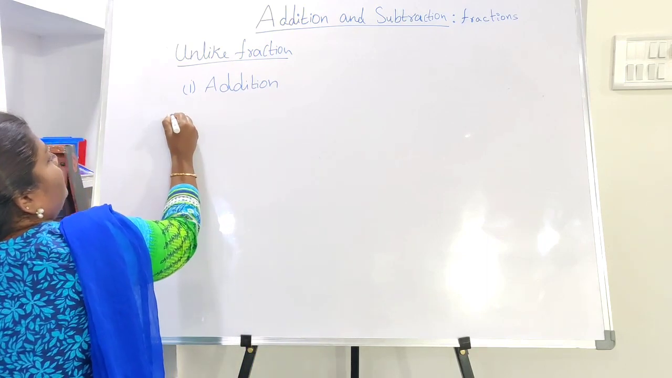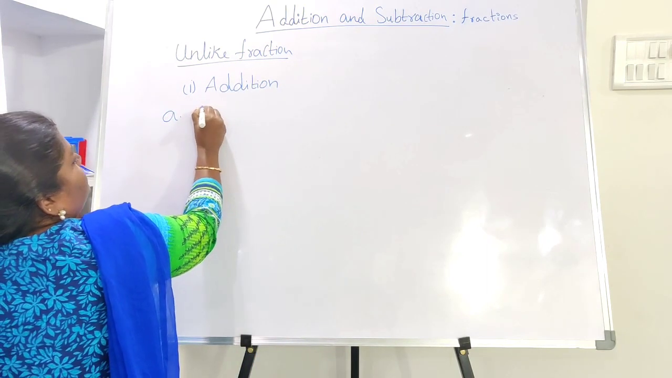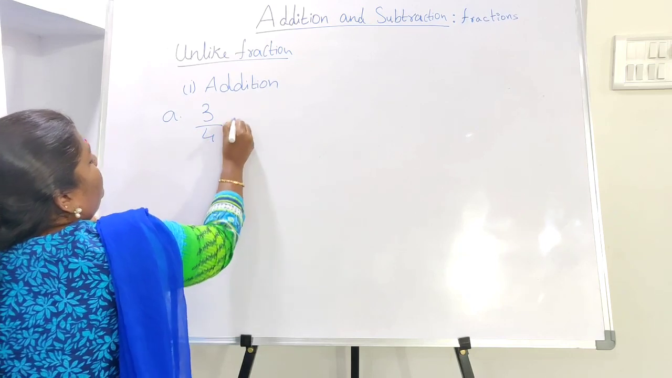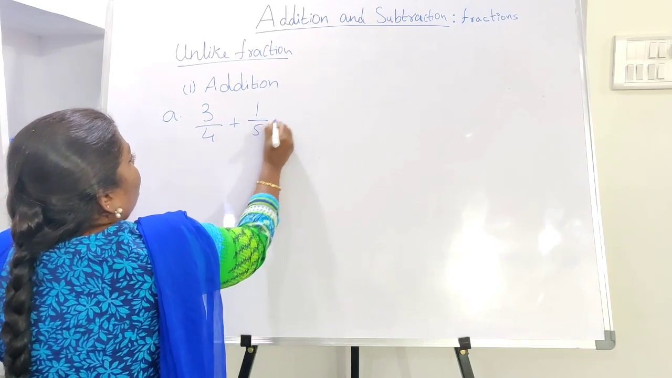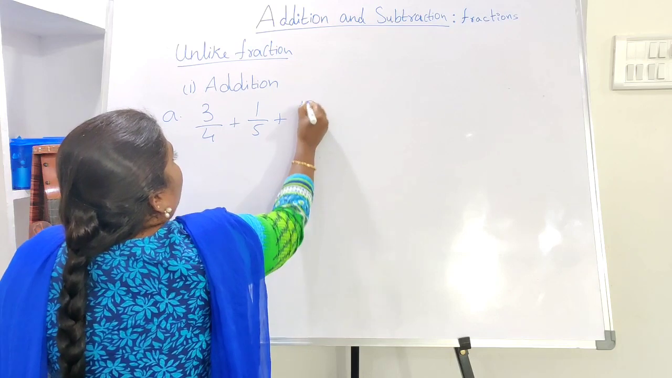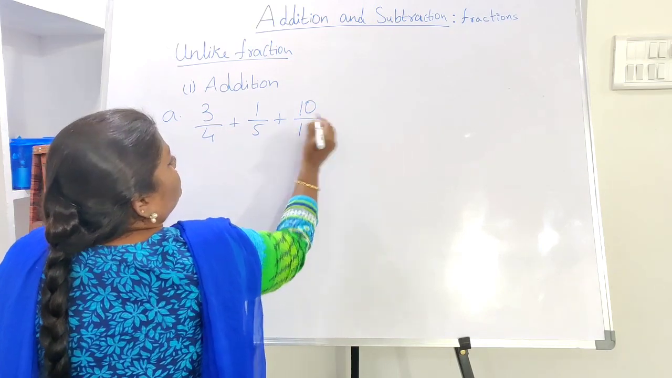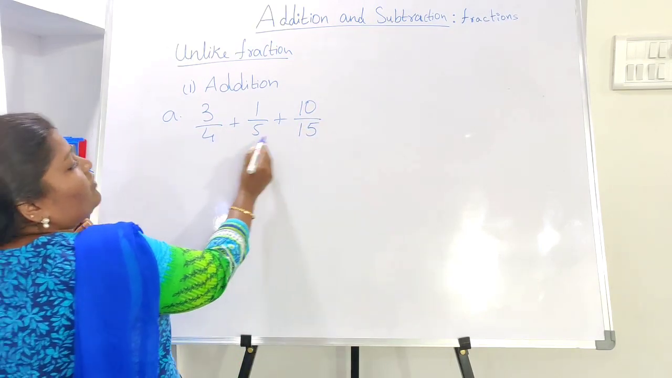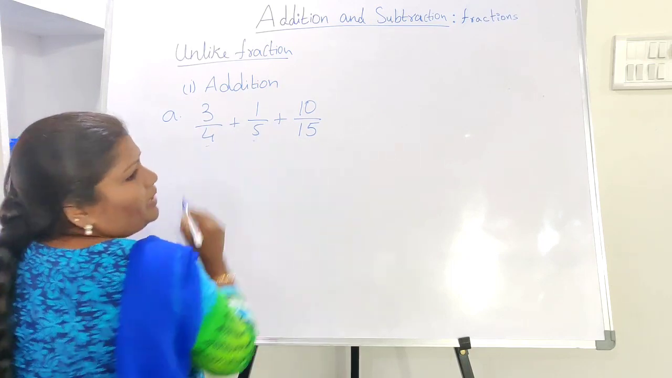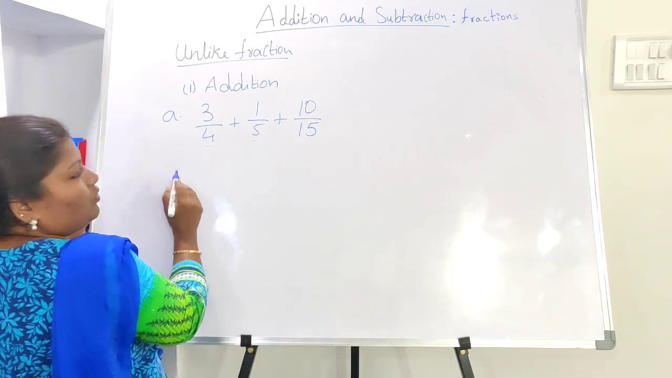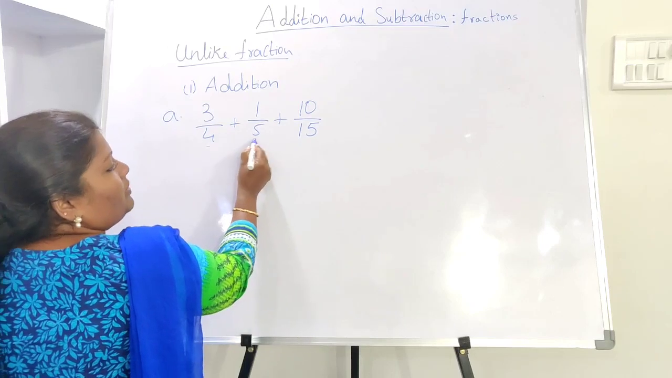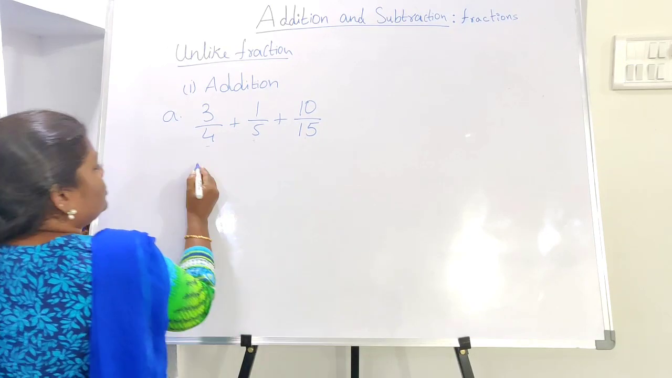Now, 3 by 4 plus 1 by 5 plus 10 by 15. Yes. Now you can find that the 3 denominators are different. Now these are not co-prime. These two are co-prime, but this and this are not co-prime. So let's go for the